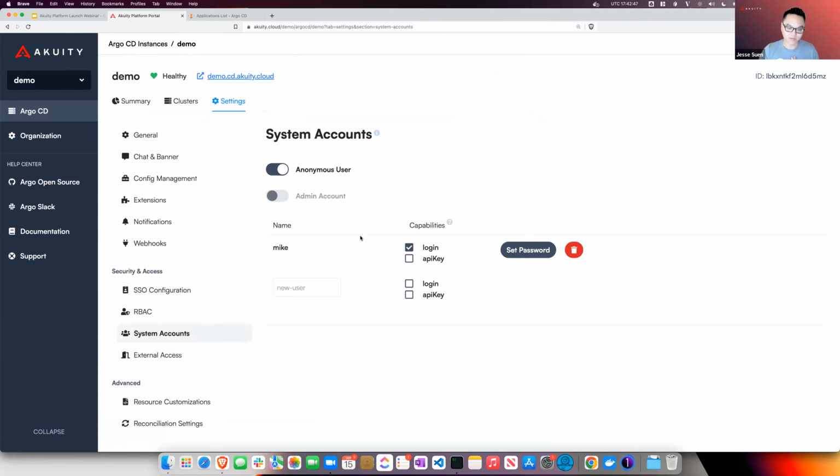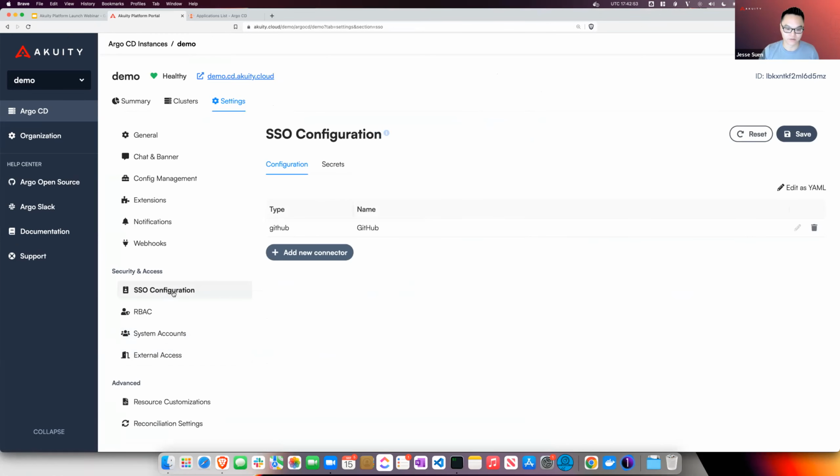Maybe you want to enable the admin account, create some local user accounts, or configure SSO. All of these settings that users are used to going to config maps and editing manually, they can now do through this UI.